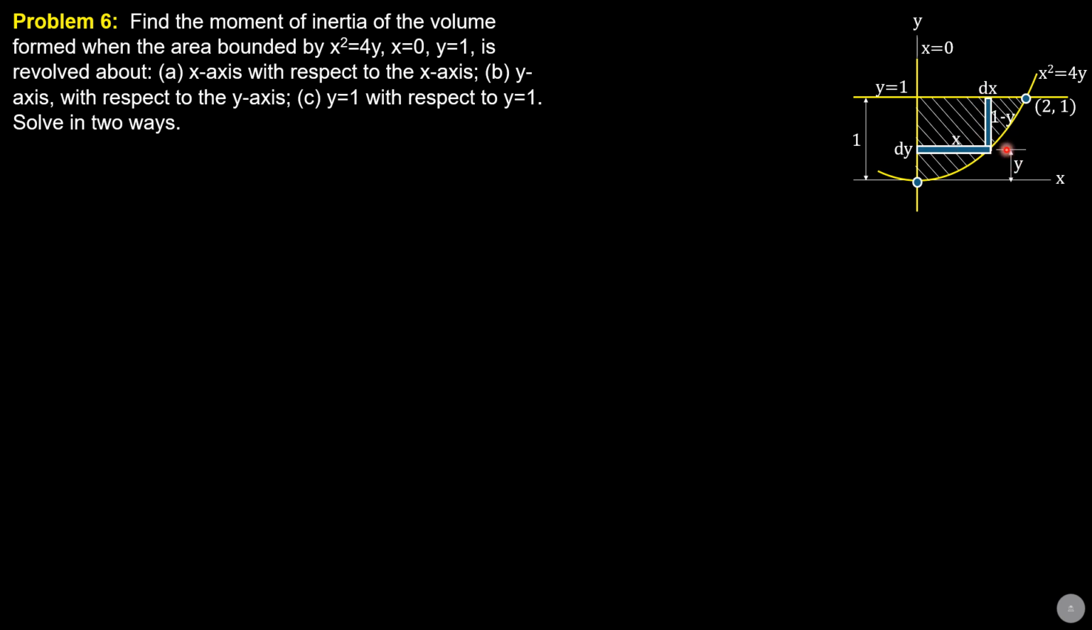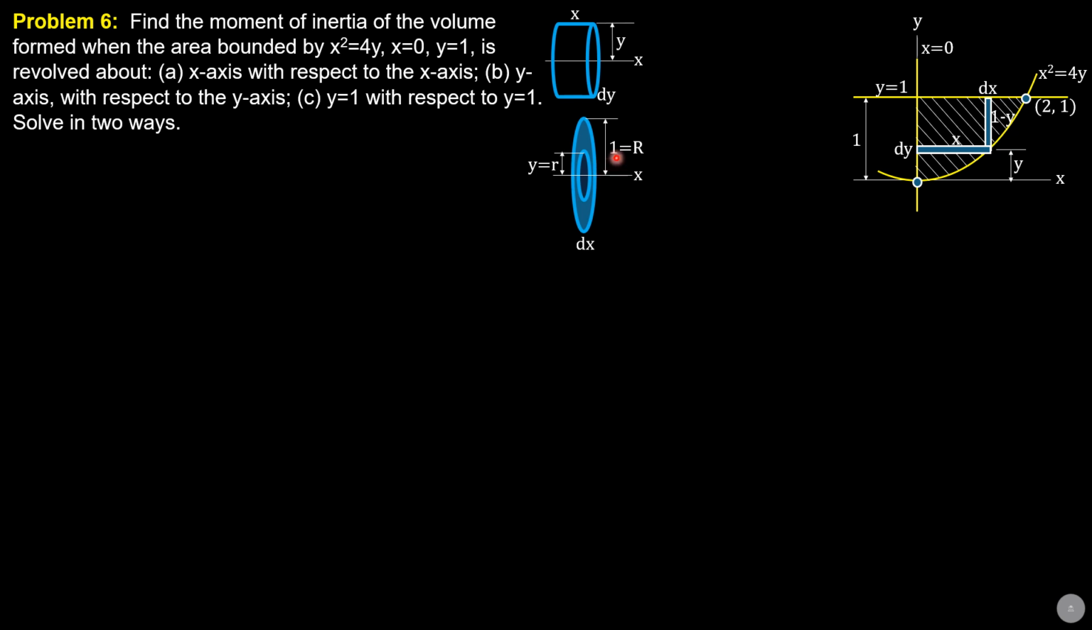The length of that horizontal strip is x, so same is true with the vertical strip. Its distance from the y-axis is x, then the height is 1 minus y, and the thickness is dx for the vertical strip, dy for the horizontal strip. So for moment of inertia with respect to the x-axis, considering the horizontal strip, it will generate a cylindrical shell, and for the vertical strip, a disc with a hole, or washer, for the second part. And we will now